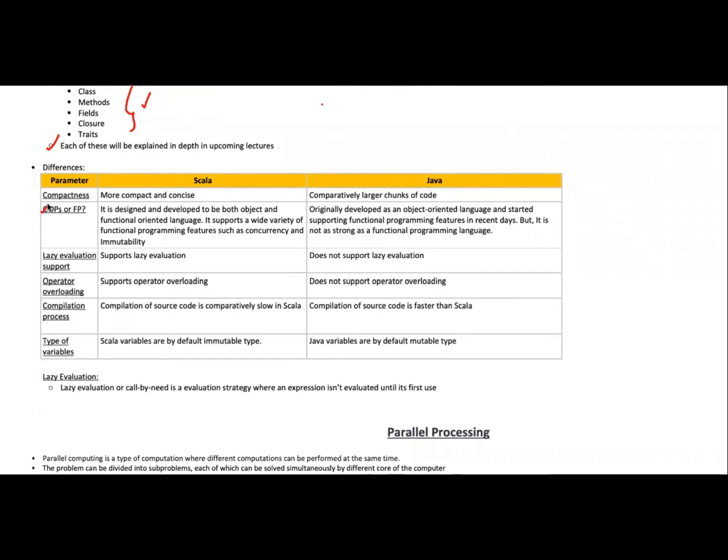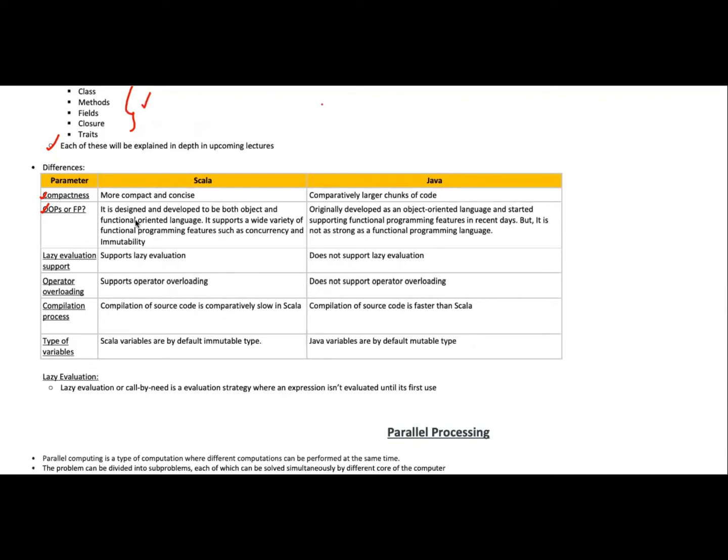When it comes to OOPS and functional programming, I have already discussed this with you. Scala is designed as both an object-oriented and functional programming language, and it supports a wide variety of functional programming features such as concurrency and immutability.